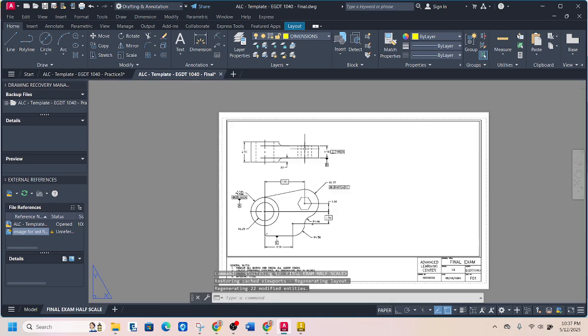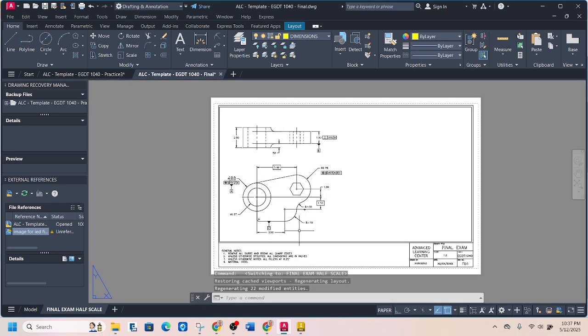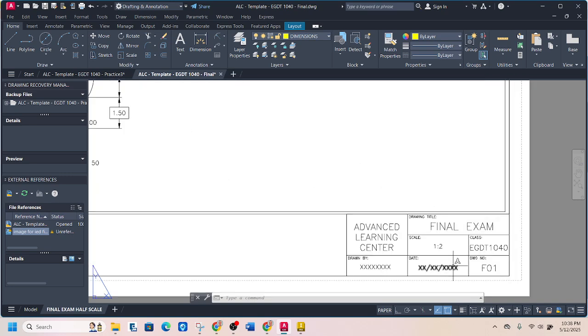So we've got our final exam half scale over here. This looks like everything. Again, this is not the exact same as the one in the example or in your assignment. This one's just a shadow example that's very similar and will help you. It's almost the same shape. You just have to be careful about the dimensions and then some of the geometry. But all of the same principles are applied to both. And it looks like the last step is going to be